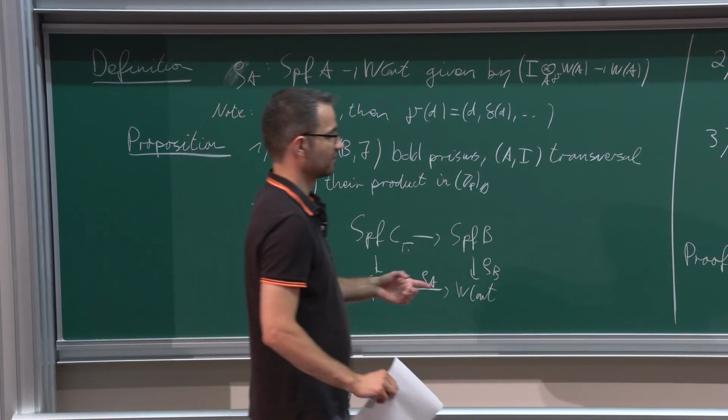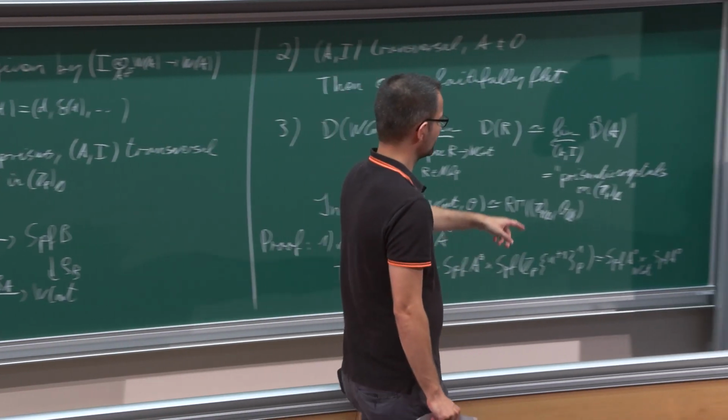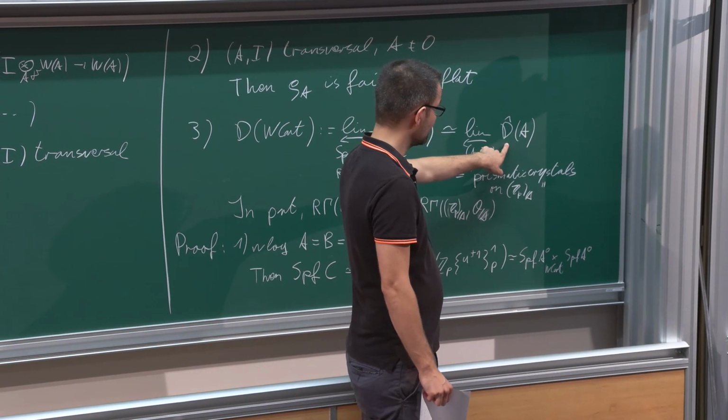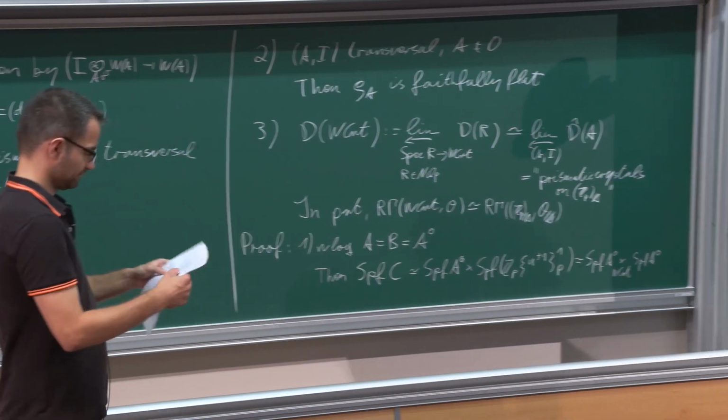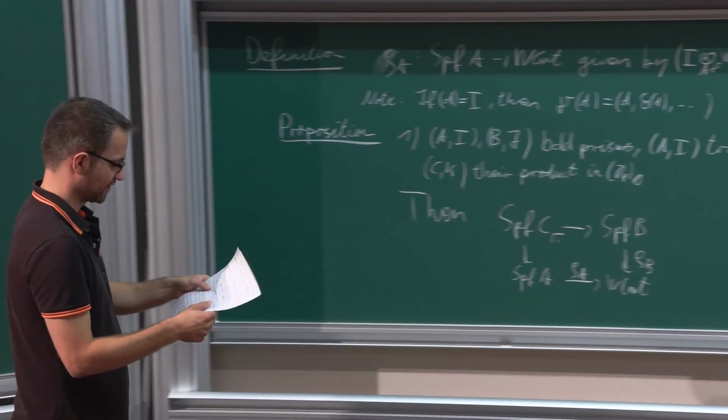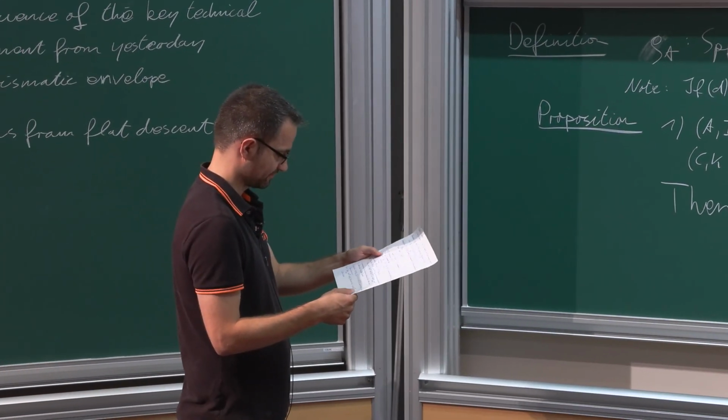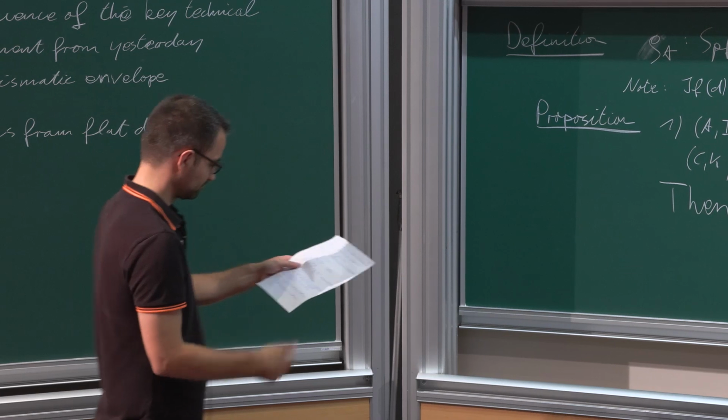So here one can also use that one has descent in the pi-completely flat topology for these prisms, for the derived categories of pi-complete complexes on a prism. And so